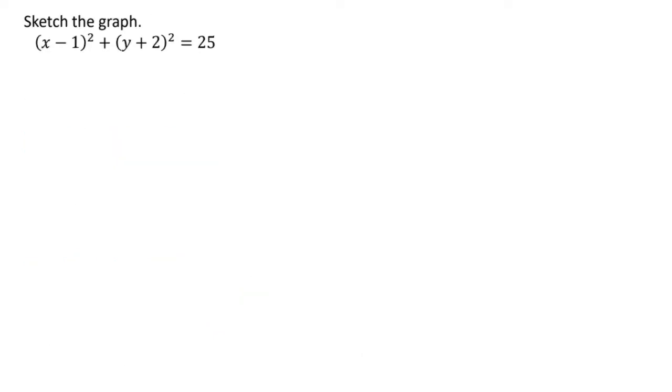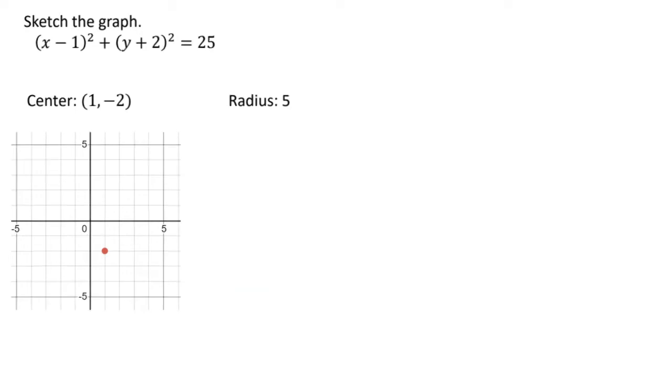So let's sketch this graph. So here we start with our center and our radius. So let's go ahead and plot first our center. Our center means it's the center dot or point of our circle. Okay, so when we do this, here's our center. We have 1 unit to the right, 2 units down. Our radius is 5, so that means that